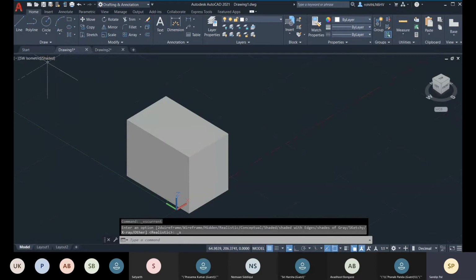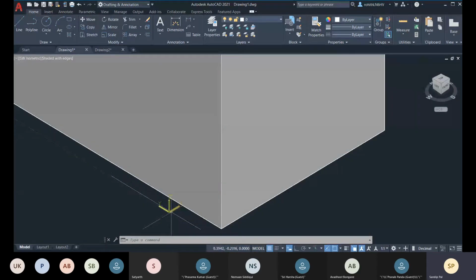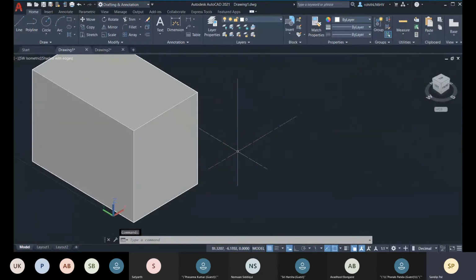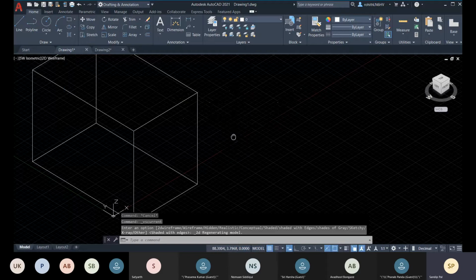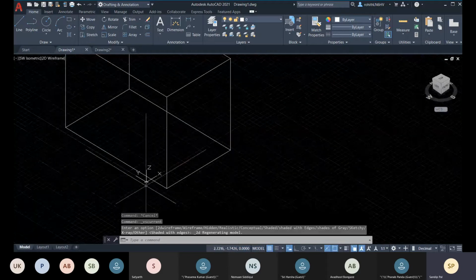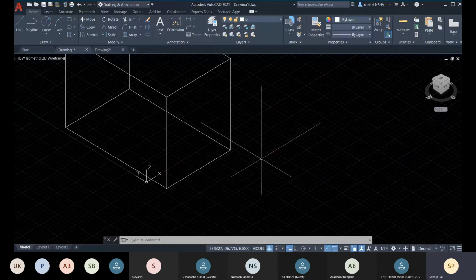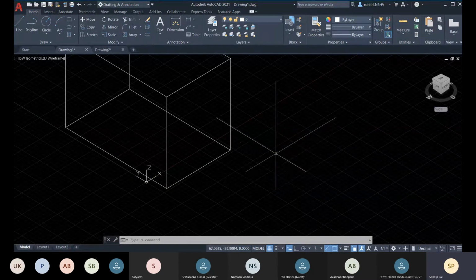You can see that the UCS icon now has thickness and is showing in color, and you can see that my crosshair has changed. When I'm in this 3D view, my crosshair is showing you the 3 dimensions, right?